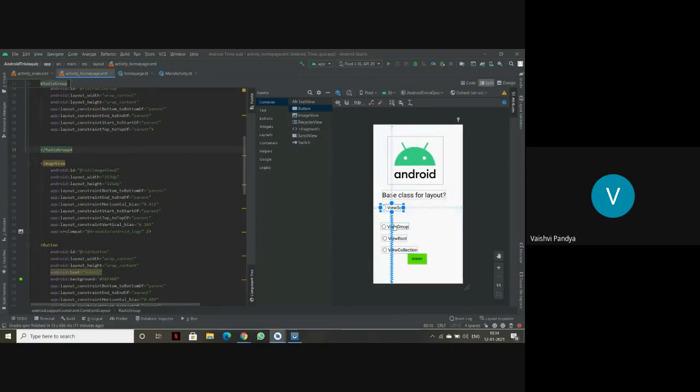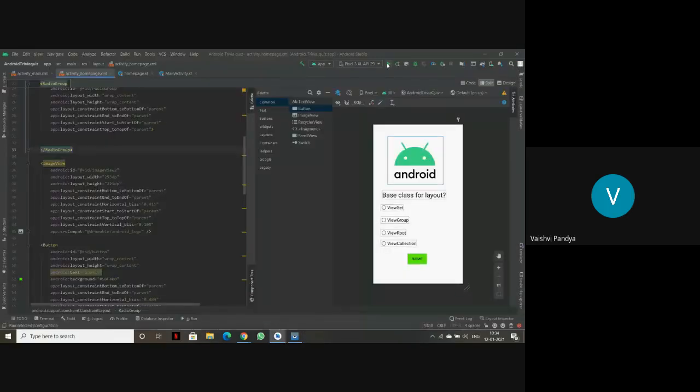But we will not have to constrain it again because we had already constrained it. We just have to position it. Now we'll try to run this page.